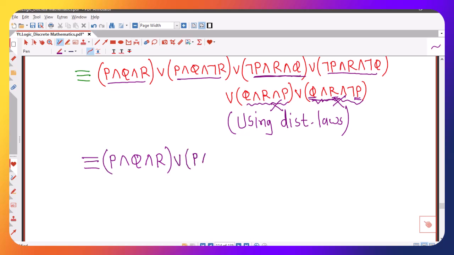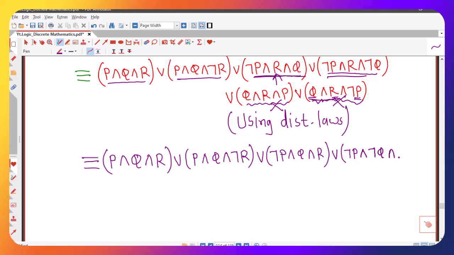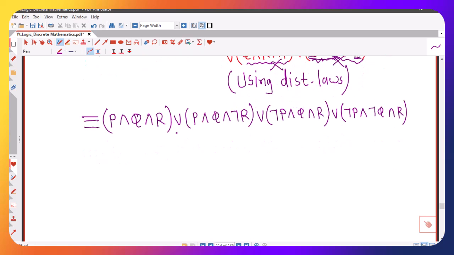or P and Q and negation R, or negation P, this I can rewrite as negation P and Q and R, if we consider the order for PQR as first P, then Q, then R, and using commutative laws. Or this I can rewrite as negation P and negation Q and R. Now all these are min terms for three variables P, Q and R, and we have the OR operator in between. So this is nothing but